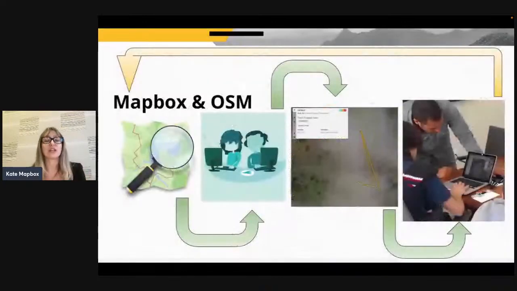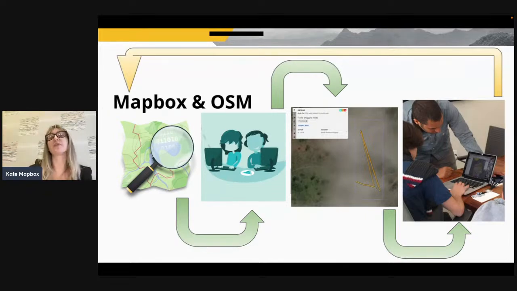So how are we related with the OSM? Without OSM, Mapbox would not even exist. It is a fundamental piece for Mapbox data, because you can build your map using Mapbox tools with the help of Mapbox tile sets. And the data from the OSM is the data that we use in our tile sets. We take it from the OSM. So without the data that you can see on OpenStreetMap, you basically won't be able to see almost anything